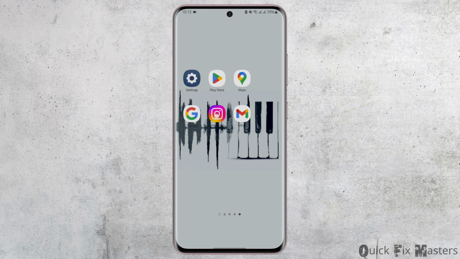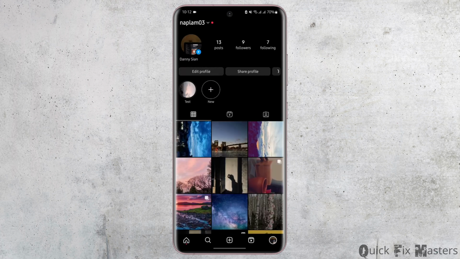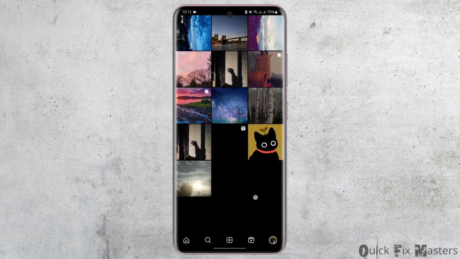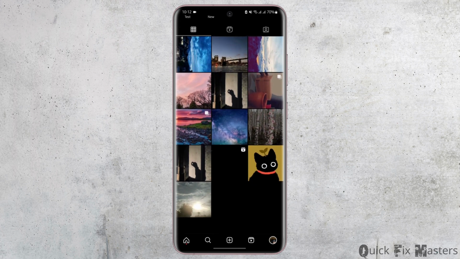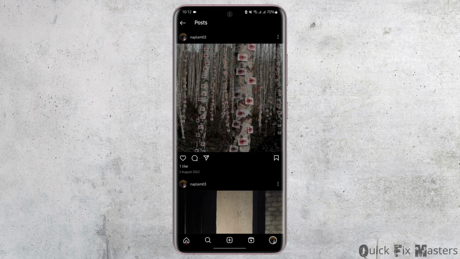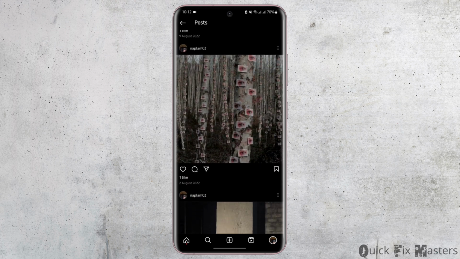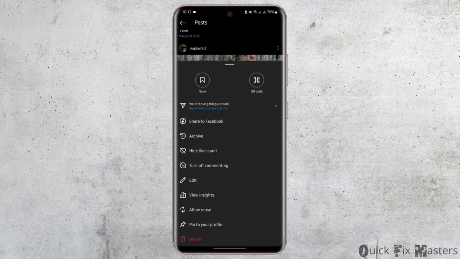Start by opening up your Instagram app, then tap onto your profile on your bottom right. It will show you the home page where you can see all the posts that you have shared till today. Tap on anyone that you would like to see, and in here tap on the three dot icon just above the post. Here tap on to view insights,